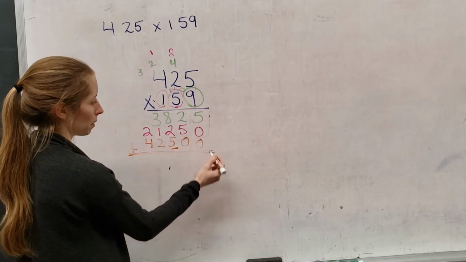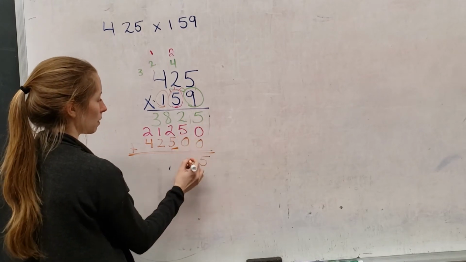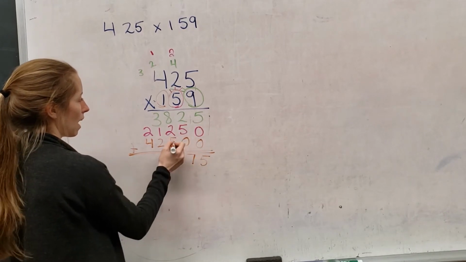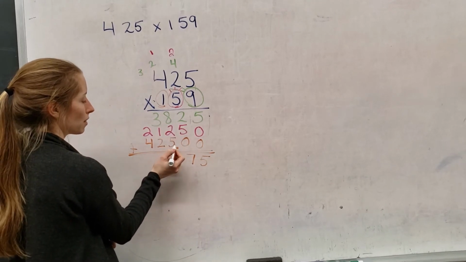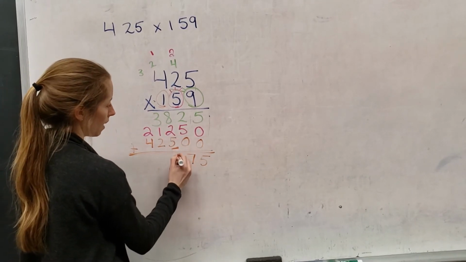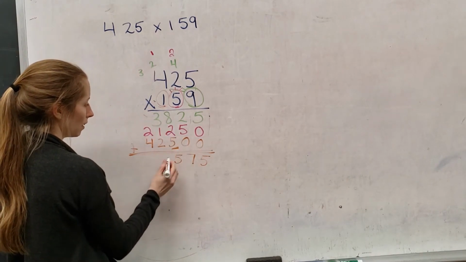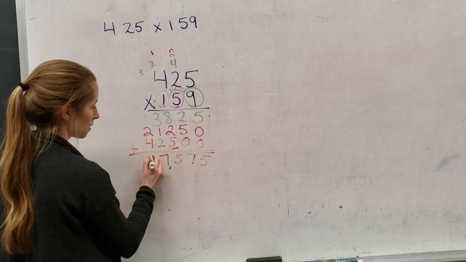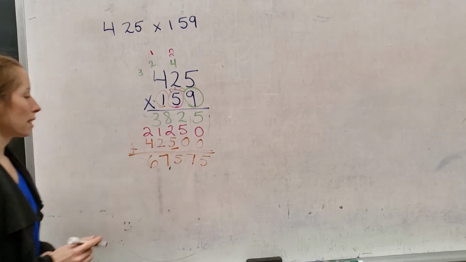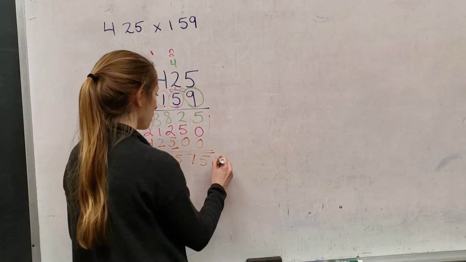5 plus 0 equals 5. 5 plus 2 equals 7. 5 plus 8 plus 2, let's see, 8, 9, 10, 11, 12, 13, 14, 15, that's 5, carry the 1. 3, 4, 5, 6, 7. And 4 plus 2 equals 6. So now I've got a final answer, but I'm not done yet because remember how I said to